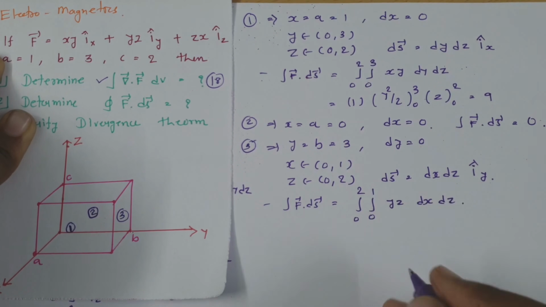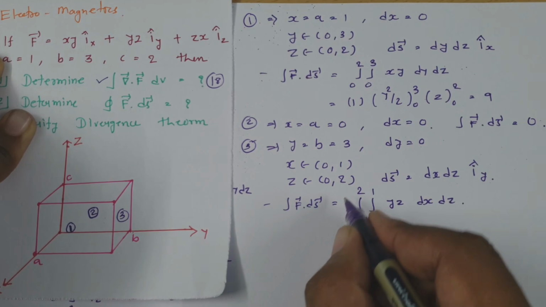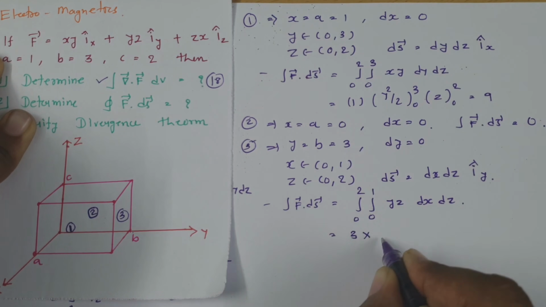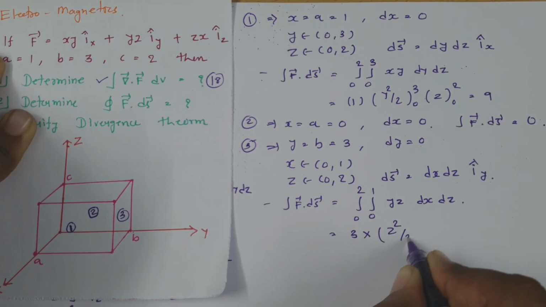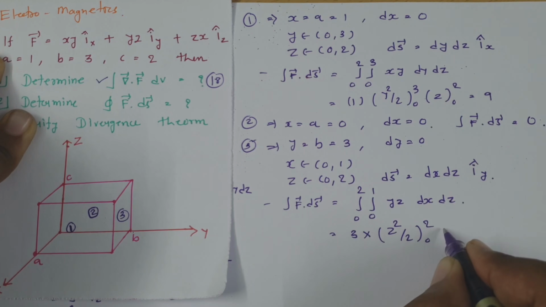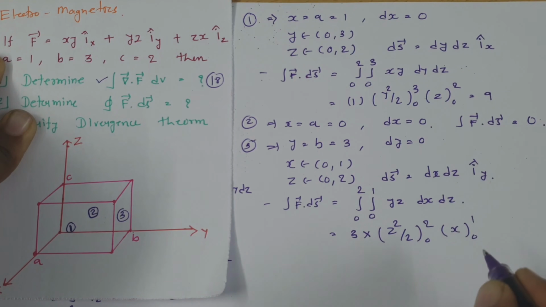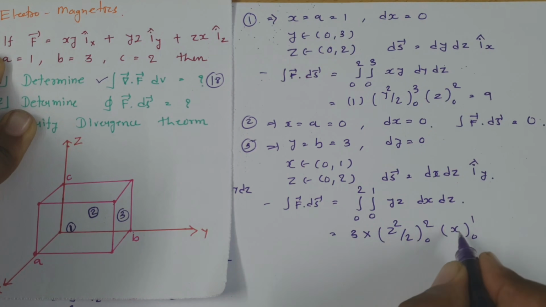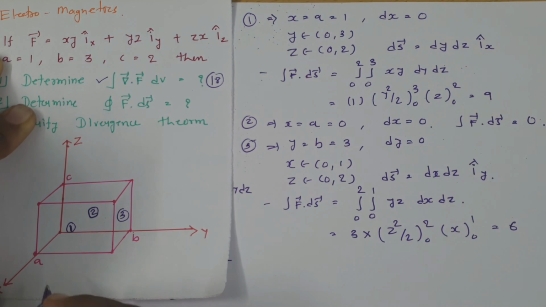dx dz. Now here y is equal to 3, so we just need to place 3 into the z integration, that is z square by 2, limit from 0 to 2, and x is actually having one coefficient, so integration of 1 is x, where limit is from 0 to 1. Now if you place this 3 into 4 by 2, so that is 2 into 1, so 2 into 3, that is 6, so integration of this will be 6. Now if we calculate